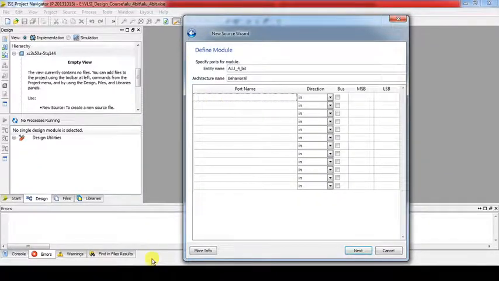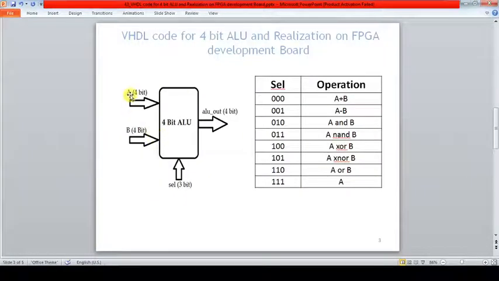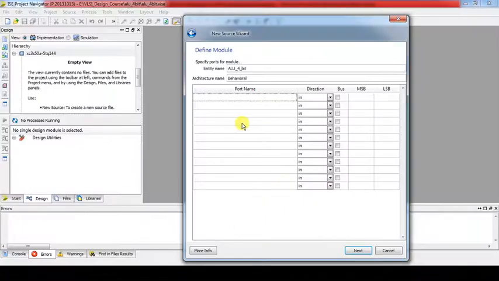As I said, how many inputs do we have? We have inputs A, B, which are 4-bit. So let us declare it. A comma B are of type in bus, and total 4 bits means 3 down to 0. Then we have another input, select line, that is also an in with a bus of 3 bits, so it is 2 down to 0.